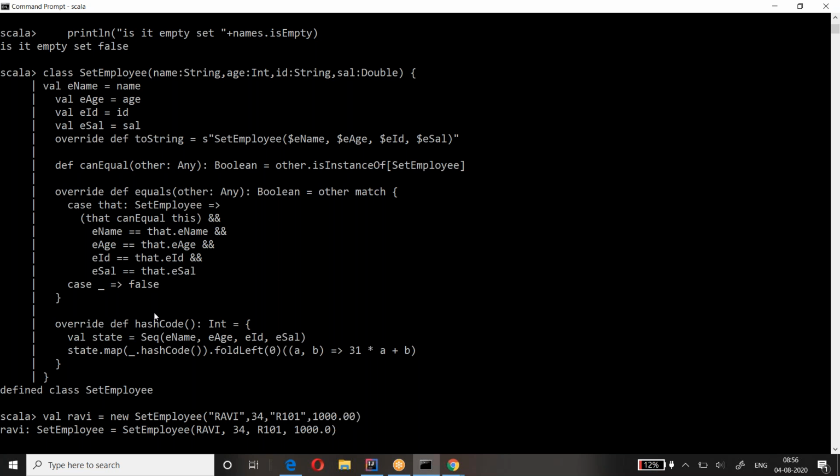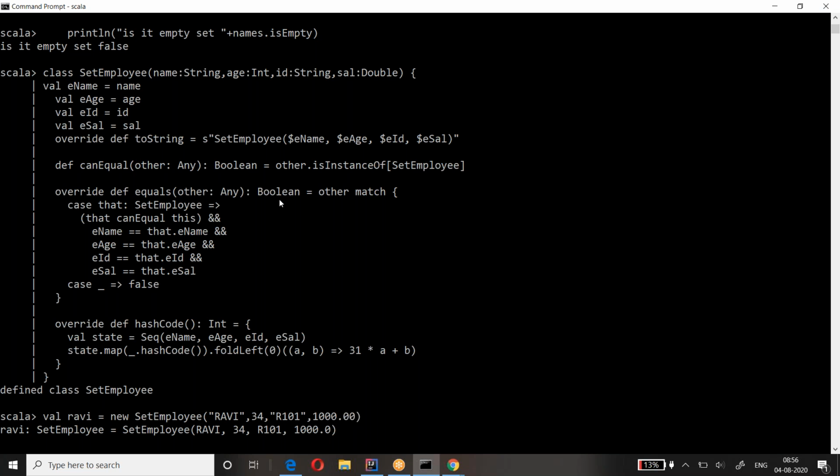You guys aware of this hash code and equals? Yes or no? Yes. The hash code helps you. Look at the method: hash code returns integer type. Equals tells whether two objects are equal or not. With the help of both methods we can clarify whether two objects are exactly equal or not. Exactly equal means content should be equal, objects should be equal,